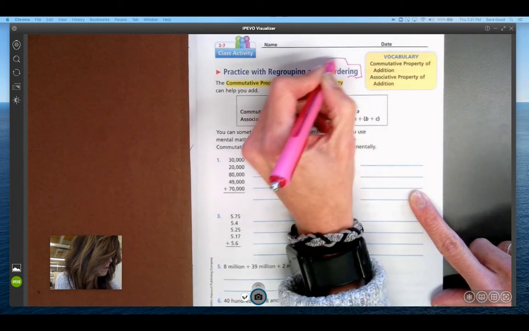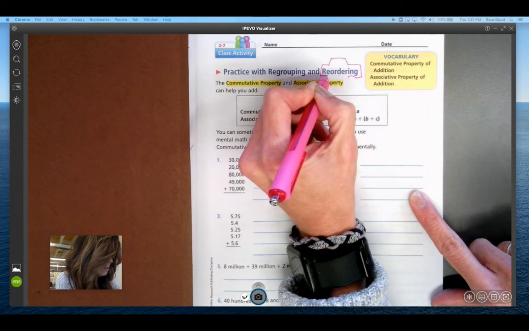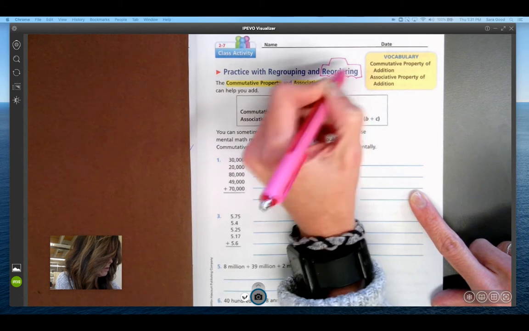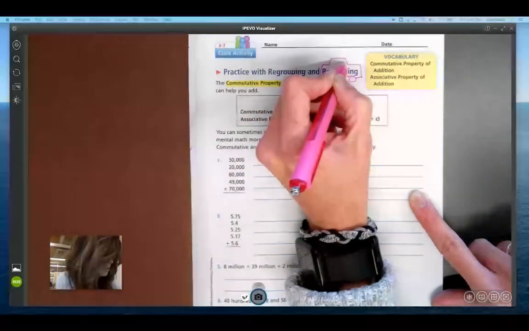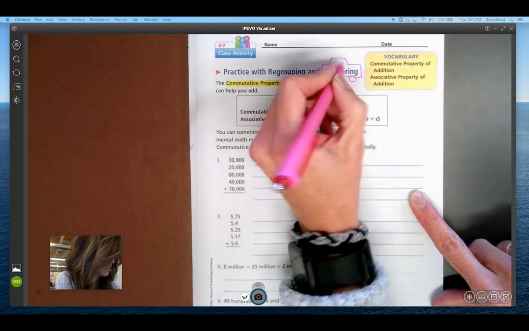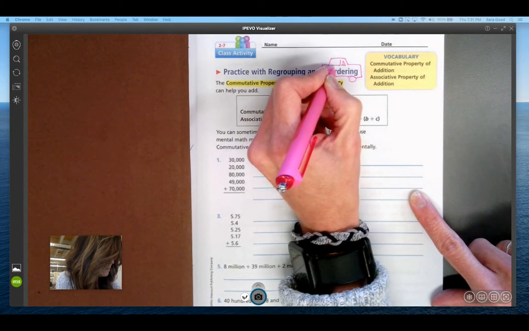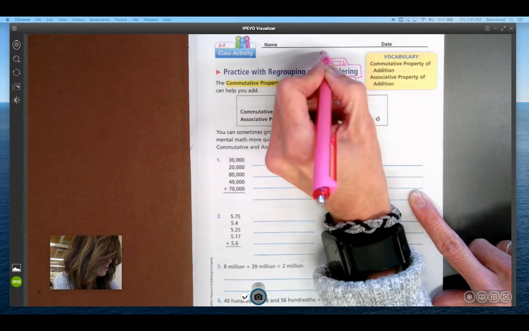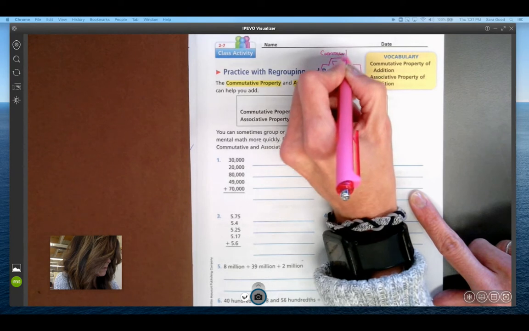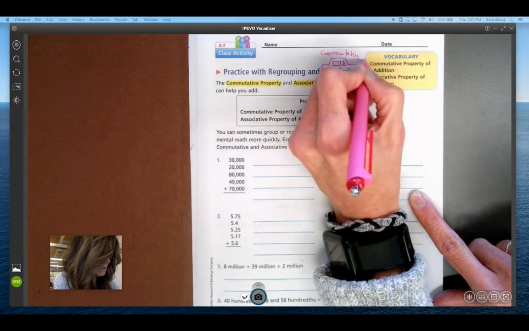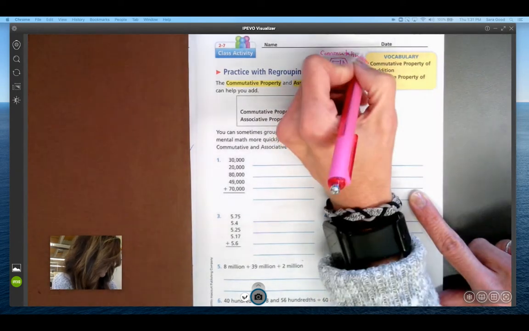If you want. If you like to draw. Beep, beep. All right, there's our little commute. There's our commute. Commutative. Right there, right? And then the